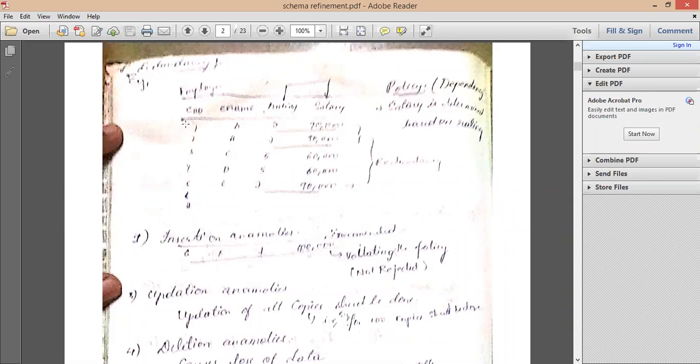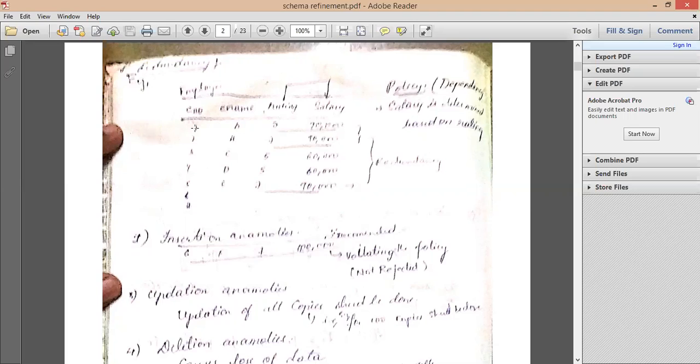Suppose this starting 2 or 1, let us take 1 for now. Both are the same employees, and both have the same name, but different ratings for different departments and salary. Now suppose I want to update the salary from 90,000 to 95,000. What happens? Normally it will update only one record.